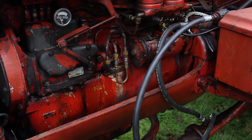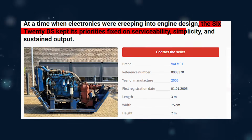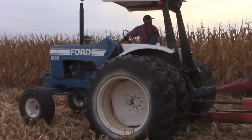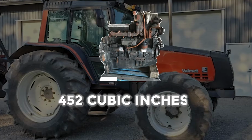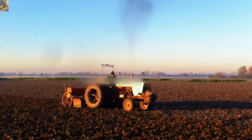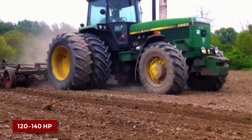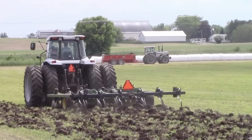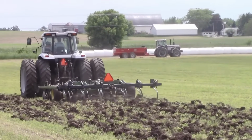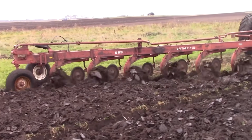At a time when electronics were creeping into engine design, the 620DS kept its priorities fixed on serviceability, simplicity, and sustained output. With a displacement of 7.4 liters, or 452 cubic inches, this engine sat in the ideal range for medium to heavy-duty farm work. It produced between 120 and 140 horsepower, depending on configuration. But its strength lay in its broad, usable torque band, one that provided reliable pulling power across various soil conditions